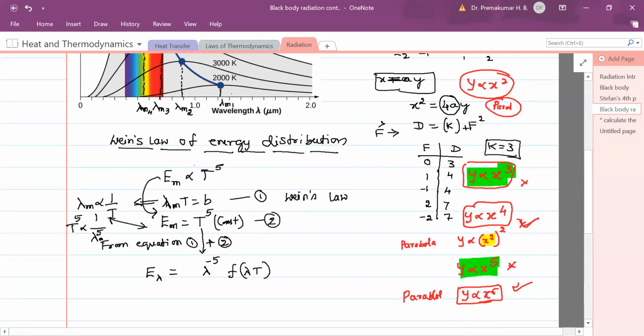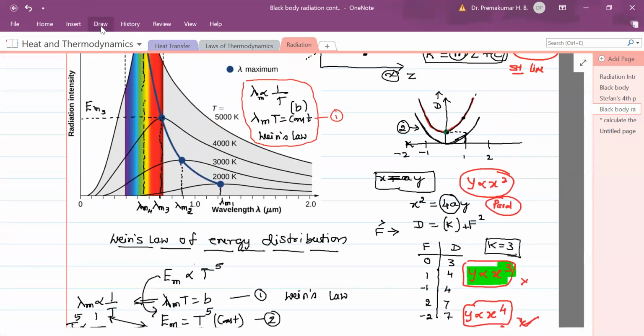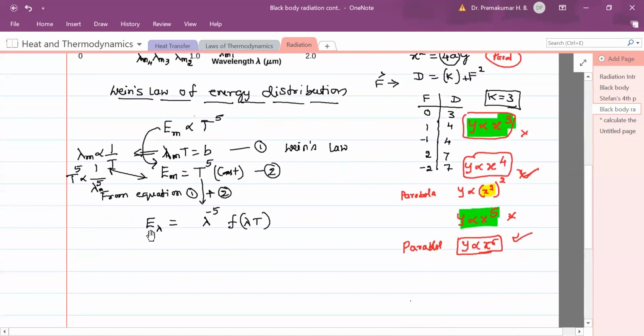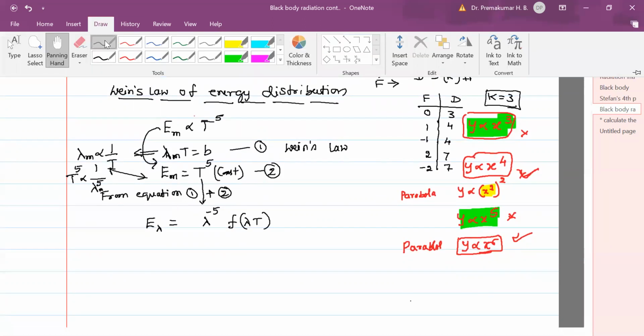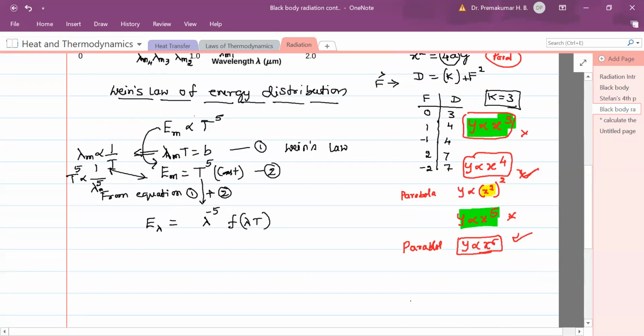Okay, see, as the temperature changes, the distribution curve also changes, so whatever energy you are measuring is again temperature dependent. The energy given out by the black body is a function of wavelength as well as temperature, which we'll find out later. Since I'm making these two join together, we can call this another constant, so one more constant we have to put here; you can call it constant c.